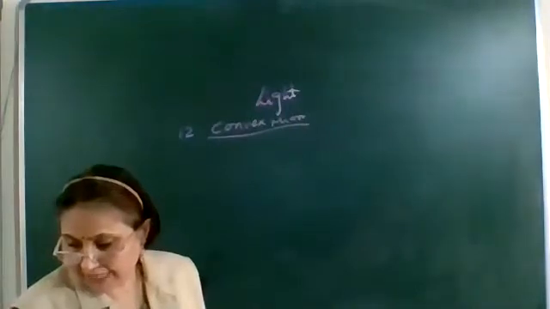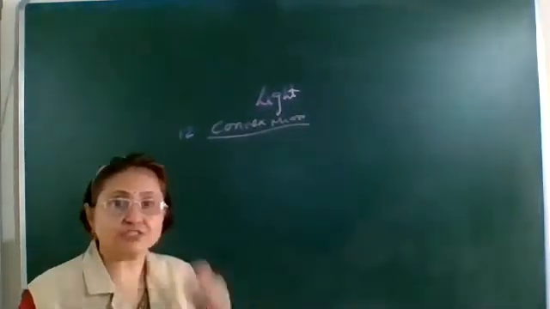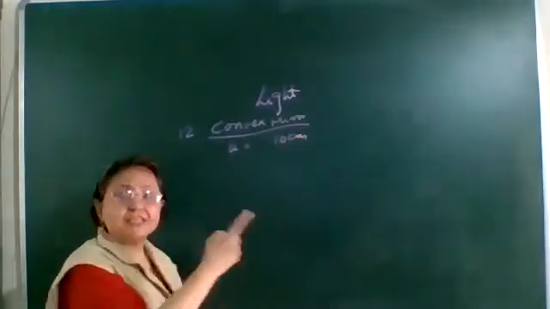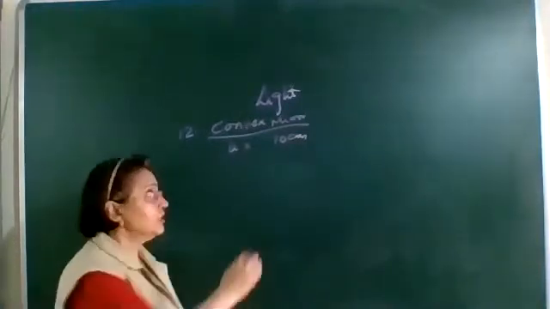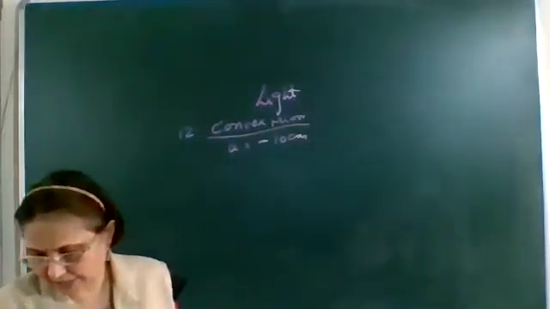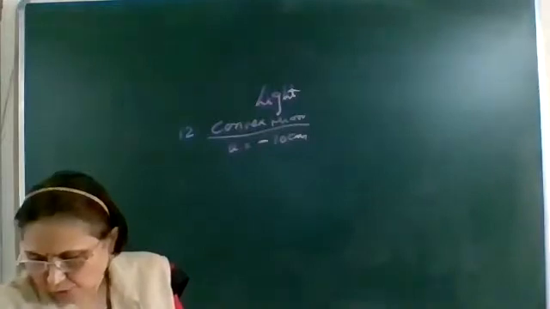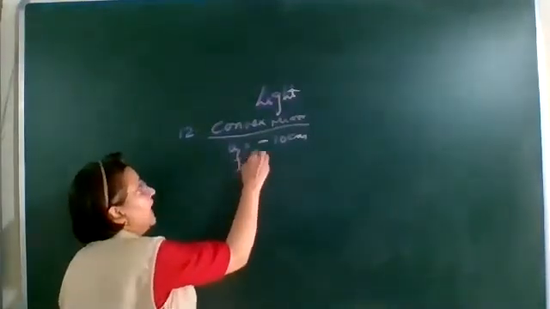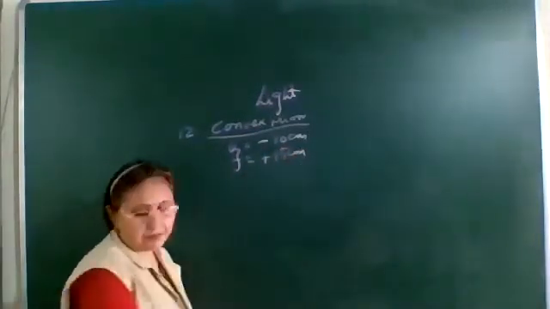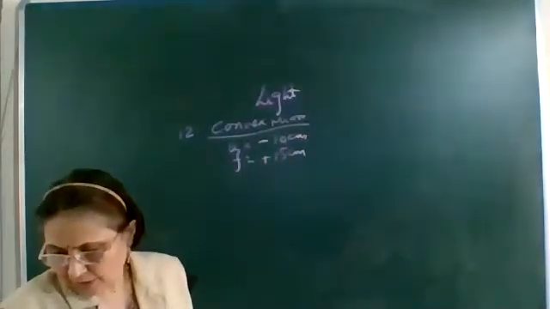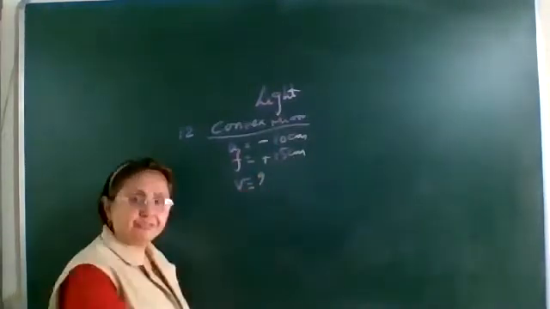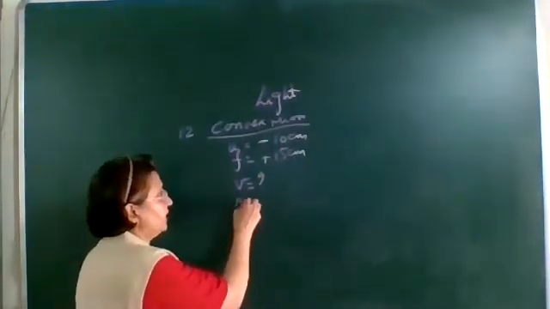Okay. Then it is given that the object is placed at 10 centimeters. The object distance is 10 centimeters. We are always placing the object to the left of the mirror, so the object distance according to the sign convention will be minus 10 centimeter. Focal length is 15 centimeter. As we know that it is a convex mirror, its focal length is plus 15 centimeter. Now here you have to find out the position and nature of the image. Position of the image means the V distance, and the nature of the image.